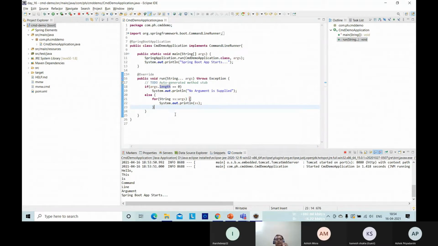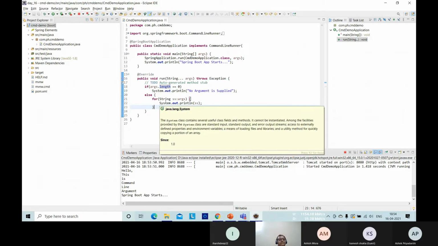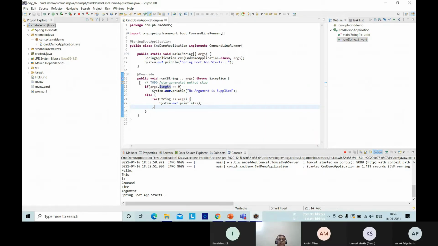That is why it becomes an array of strings. So this is how we demonstrated command line parameters, and how we handle command line arguments in our Spring Boot application. Clear, guys?